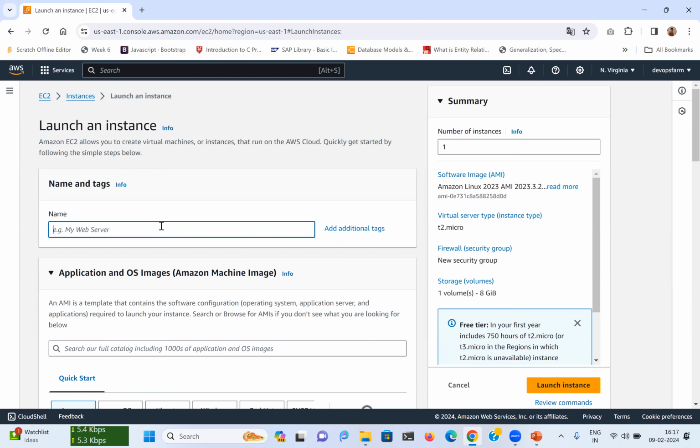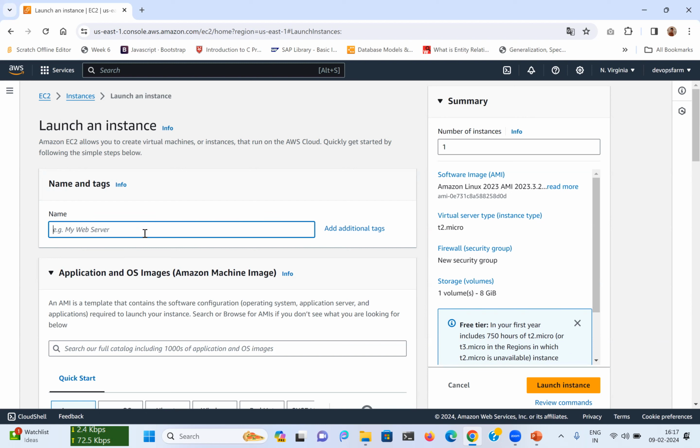Let's say you need to specify, I want a Windows server. Okay, I want two gigabytes of RAM. Then you have to explain how much storage you want, 20 GB, 30 GB, 100 GB, 1000 GB. Those details you need to specify. So the same thing we need to specify here.